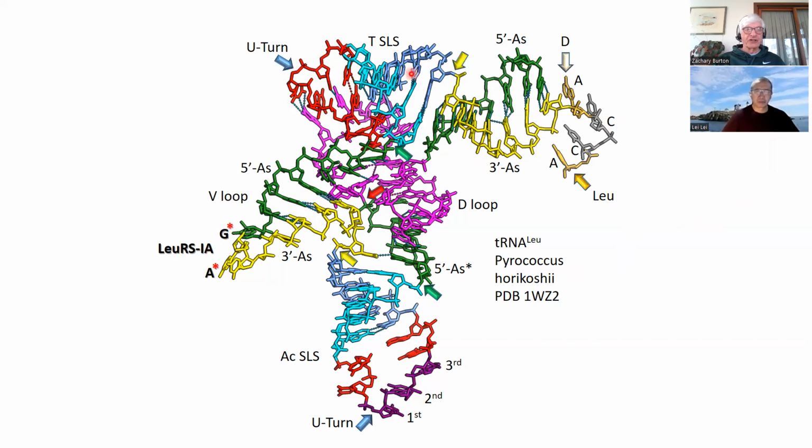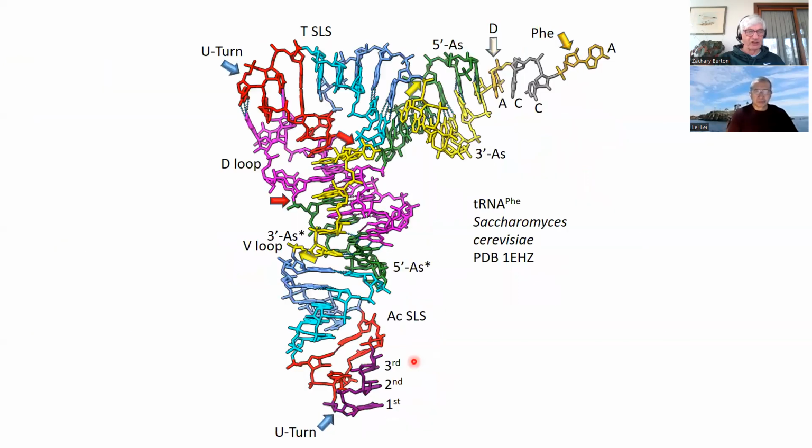This is a U-turn after a U. That's a U-turn after a U. The loop is a little unwound, so this isn't the form of the loop during translation. During translation, it would be a tight loop, like this loop. That's one of the virtues of this loop, it's a very tight loop to present 3 nucleotides as an anticodon.